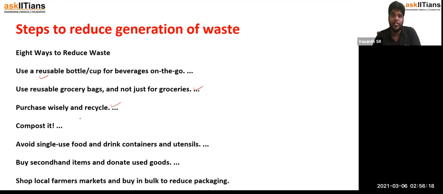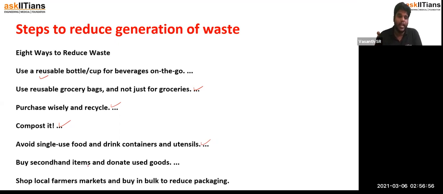Other organic materials, usually the vegetable waste, fruit waste, and organic waste produced at home on a daily basis, could be used in compost pits, which could be dug at home. Around these compost pits, we can grow vegetables, which will get nutrition to grow and will be very tasty, homegrown food. Any container which could be used only a single time, we call single use containers, used in food packaging, deliveries and so on. All these could be avoided.